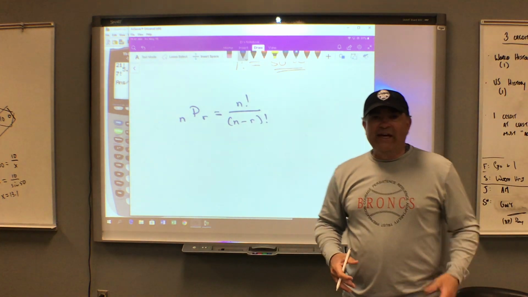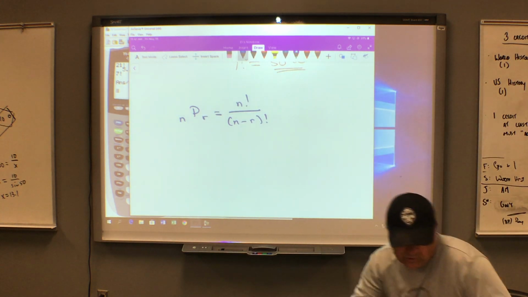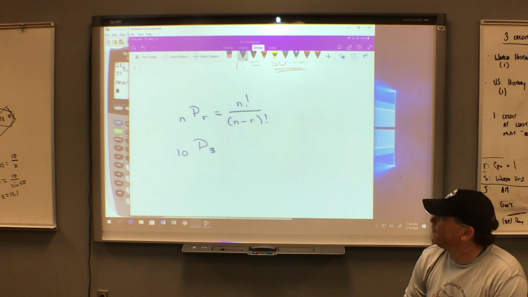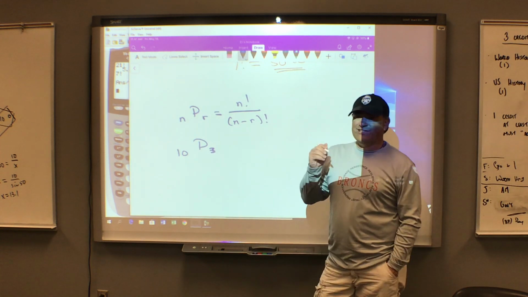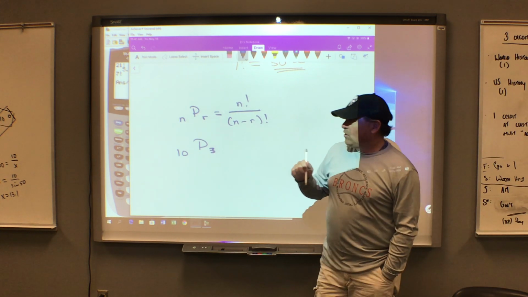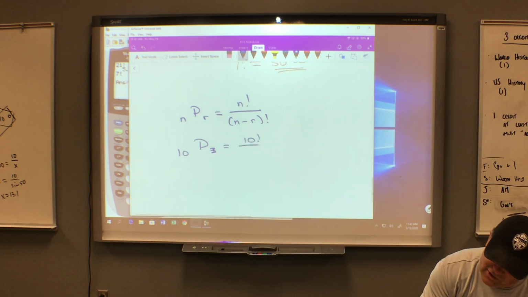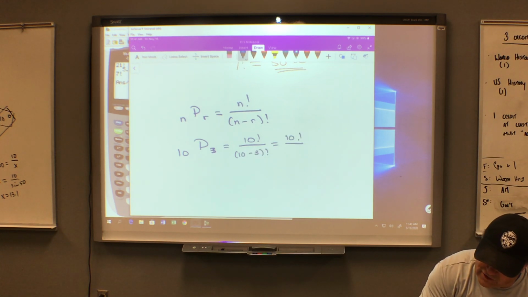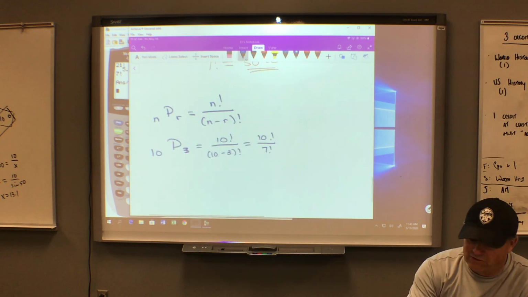Okay? So if I had 10 people and I get to properly place in the select order 3 of you, I would be calculating 10P3. Okay? So 10P3 says out of a group of 10, I'm going to place 3 of you in a specific location. Okay? And so longhand, this turns into 10 factorial over 10 minus 3 factorial, or 10 factorial over 7 factorial. Okay? And we can do this by hand, or we could also do it by calculator in a minute,